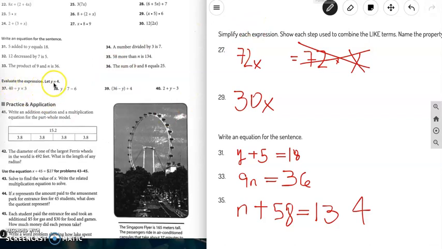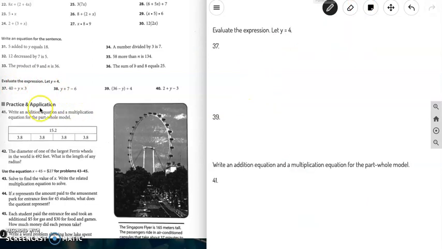Evaluate the expression, let y equals 4. So if you remember, evaluate basically means to solve. So now we actually have to find the answer. So 37. 40 divided by y times 3. 40 divided by, and y is 4. So we're going to substitute, times 3. So if you remember our order of operations, just gotta do it left to right. You don't have to multiply first. So 40 divided by 4 is 10 times 3 gives us